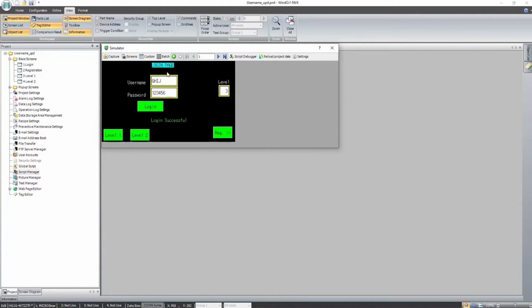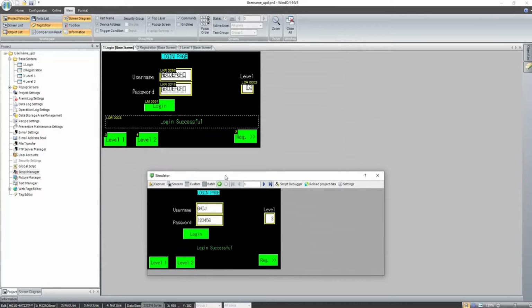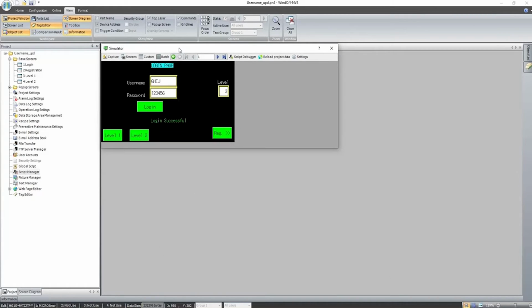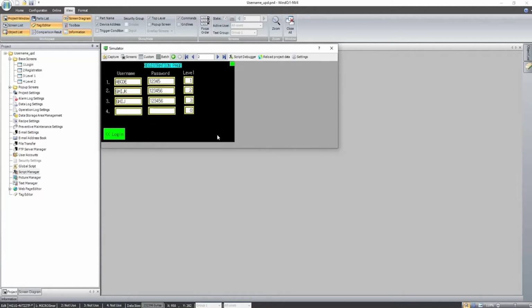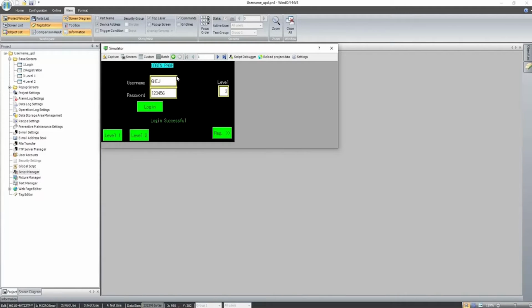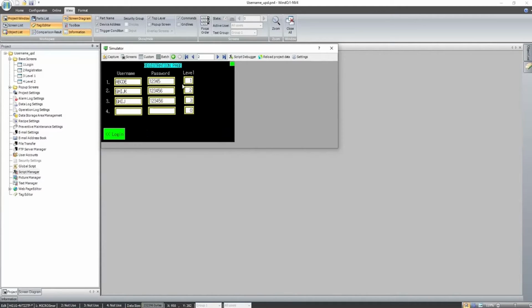This is a simulator which I opened. It's a replica of the page on the back side. So the end result will be this way. I have created a registration page, where I have used 4 different usernames and passwords with different levels. Then in the login page, I have to enter a username and password. Based on that, our level will be defined, which is again used in the registration page which we defined earlier. Like this is level number 1, 2, 3 respectively.